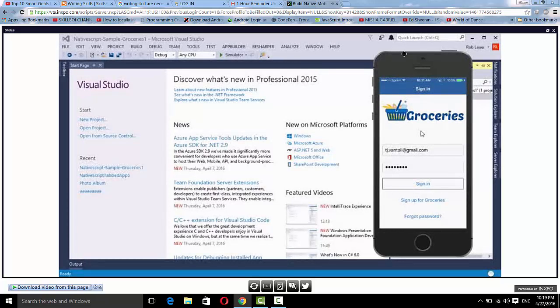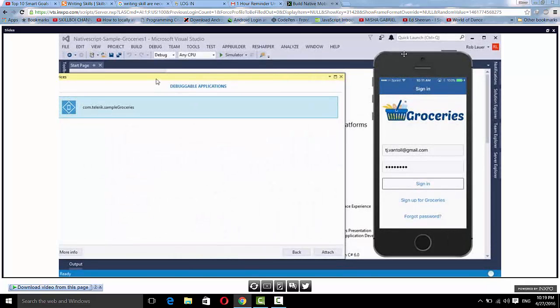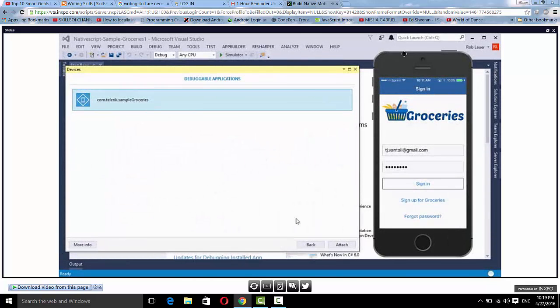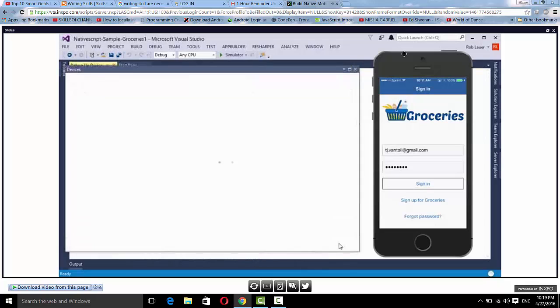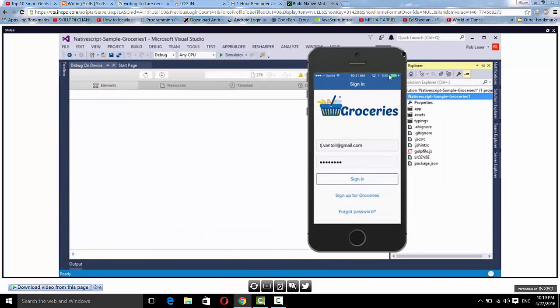Now, in order to debug this app, I'm going to head over to my devices list, and you'll see that this app shows up as the debuggable application. So I'm going to go ahead and attach the debugger here to this app on my device. Alright, now with the debugger attached, I can close this window, and I'm going to open up my Solution Explorer,